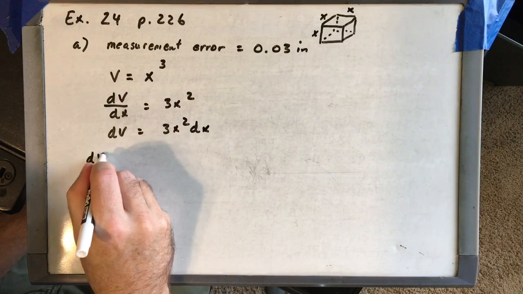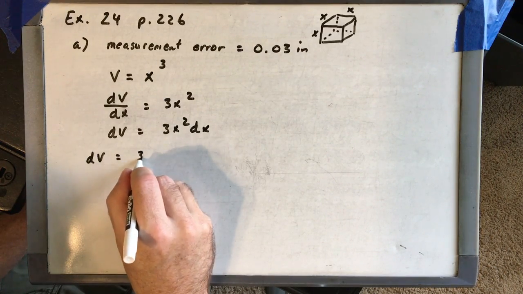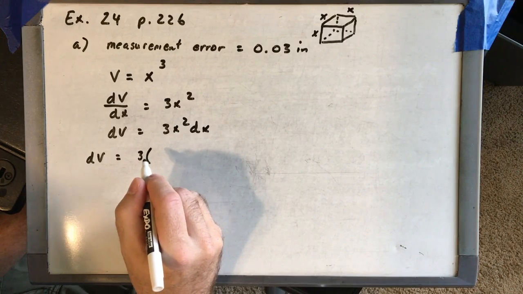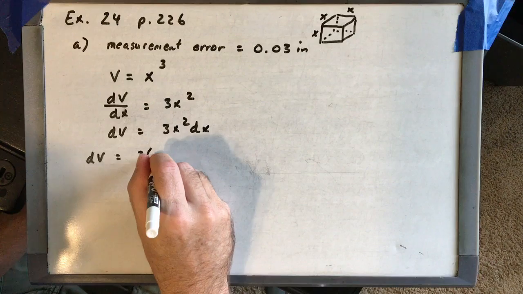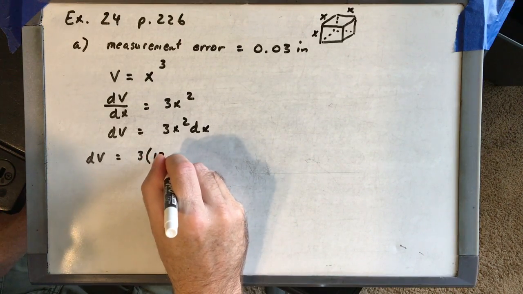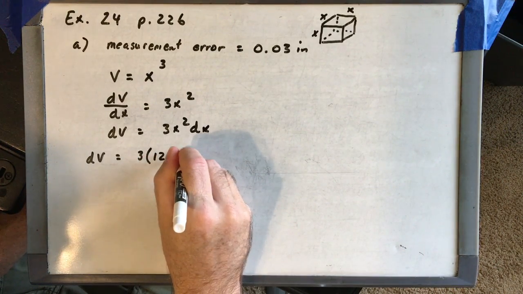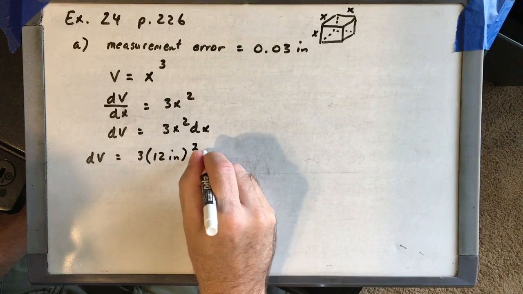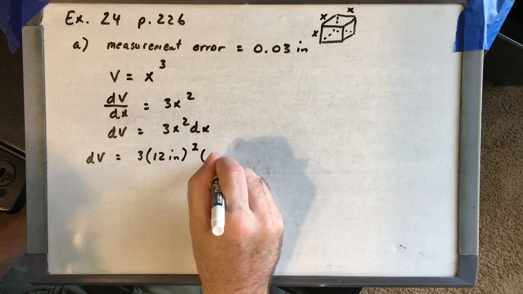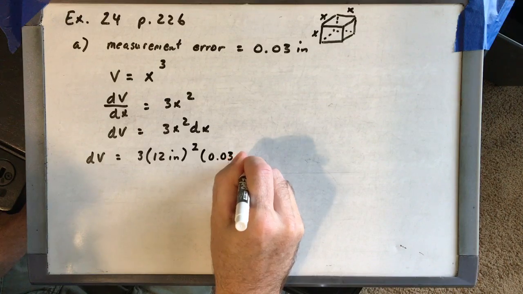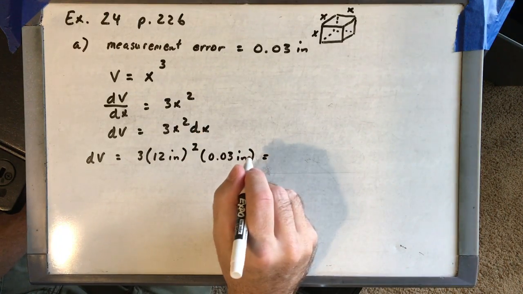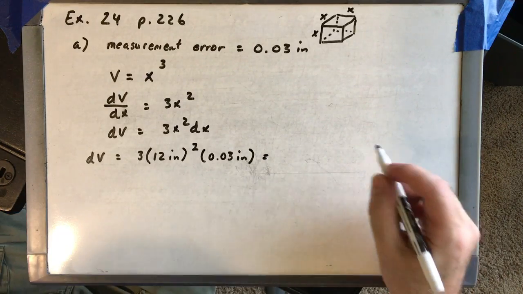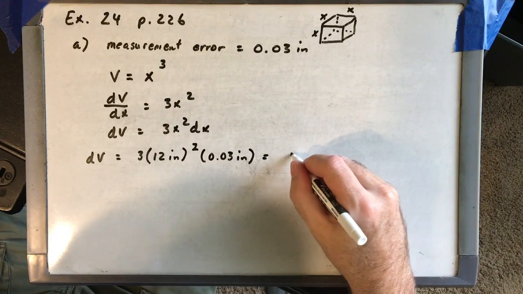So then we can plug our numbers in. dV is equal to 3, all right, the side of each cube is 12 inches, got to square that. And then the measurement error is 0.03 inches. So that's our dx value. All right, multiply that out and you'll get 12.96